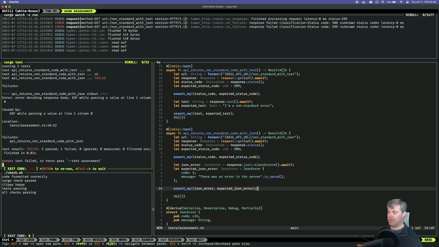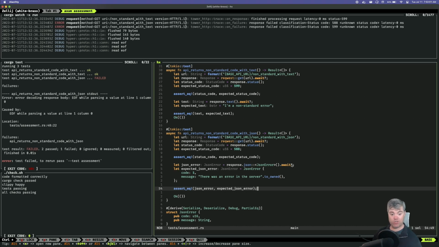Okay, so error attempting to parse the JSON. It's not the best error message here, but that's what I'm reading from this. We're getting an error from this question mark right here.